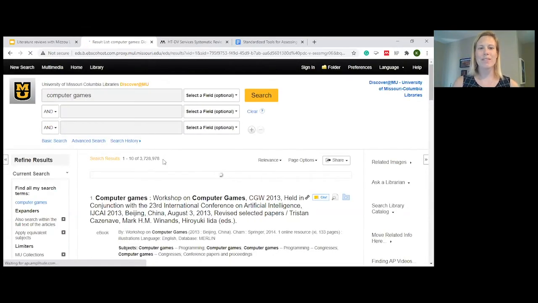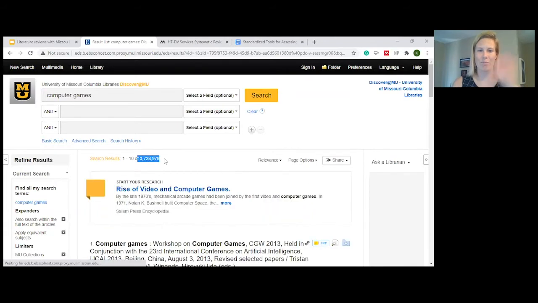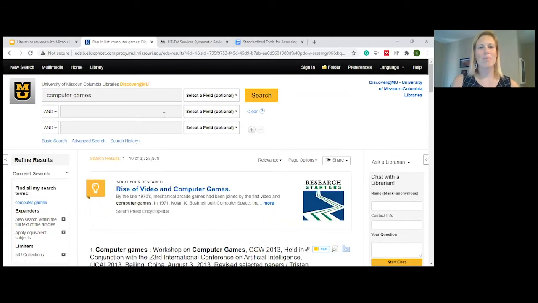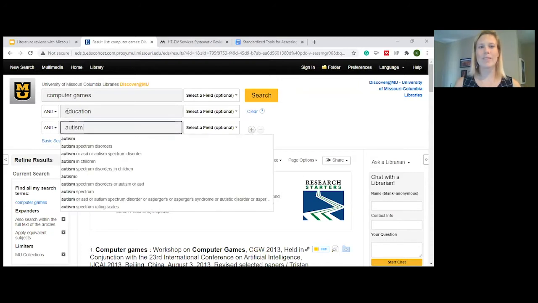Okay, you can see there's a ton of articles here. We're not even going to worry about that number yet because we're going to reduce this down a fair amount. One way to do that is by using these multiple search bars. The AND here on the side works like a Venn diagram. So if I say computers and education and autism, now I'm forcing three bubbles into that Venn diagram where I only want the overlap where all three of these aspects are included. So it's going to narrow my field down a huge amount.